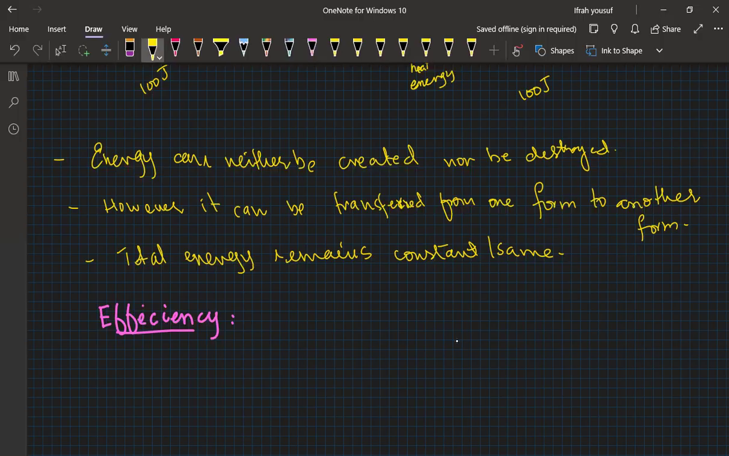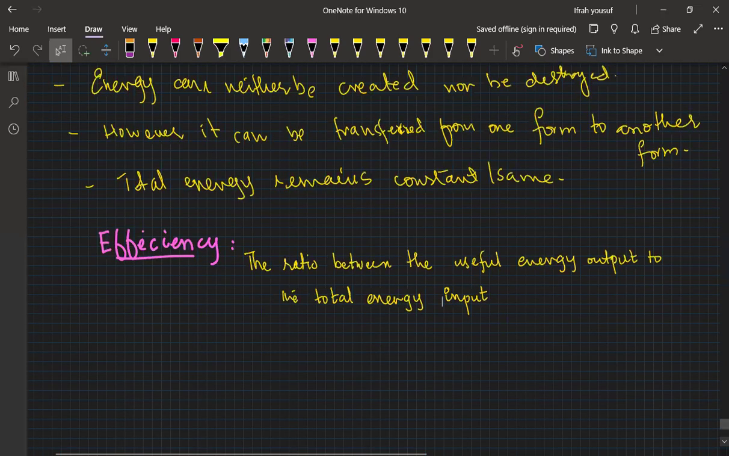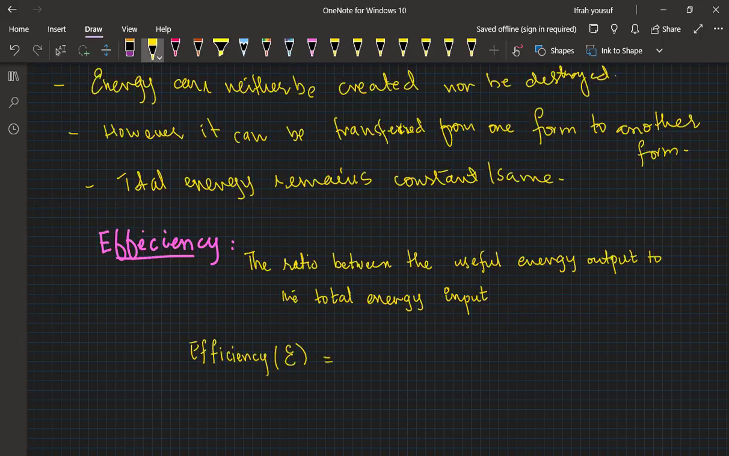So efficiency is the ratio between the useful energy output to the total energy input, if we are talking about energy. The ratio between the useful energy output to the total energy input. We can write it in this way, that efficiency, that is E, is given by